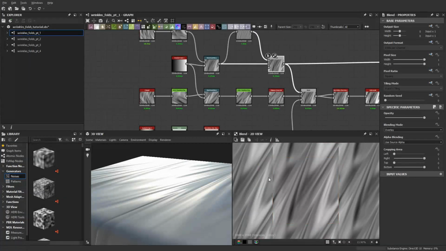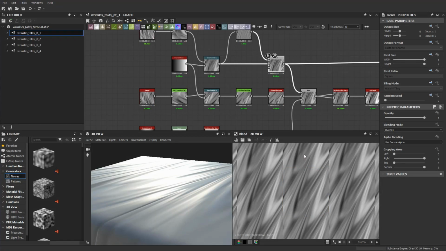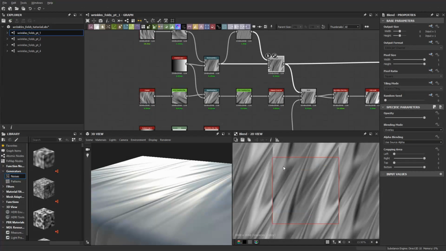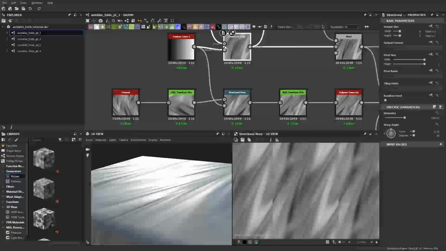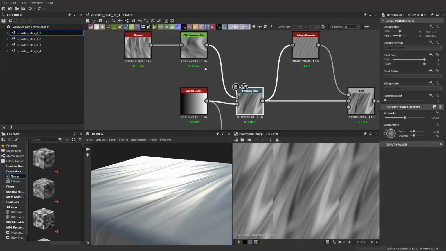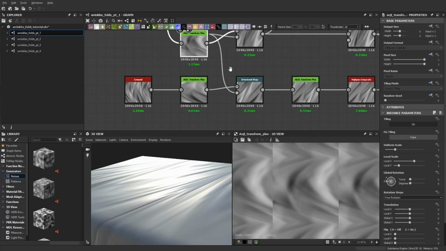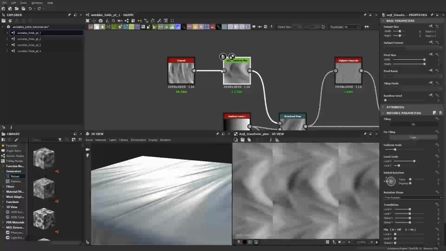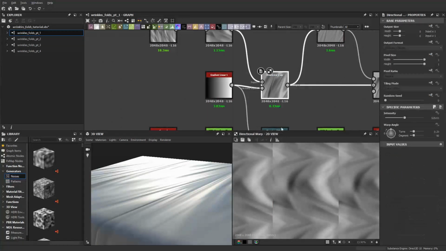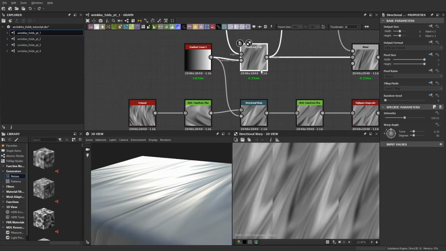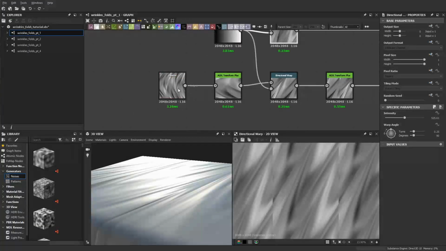So you'll notice that we have a problem. We have this really nice tiling from top to bottom here, right? The vertical tiling is fantastic, but we got a little bit of a problem on our left and right. And that's because we're doing this directional warp, right? Well, actually it's from the Transform Plus, right? We're breaking the tiling, and then we're shooting up in this directional warp. So if I come down here,